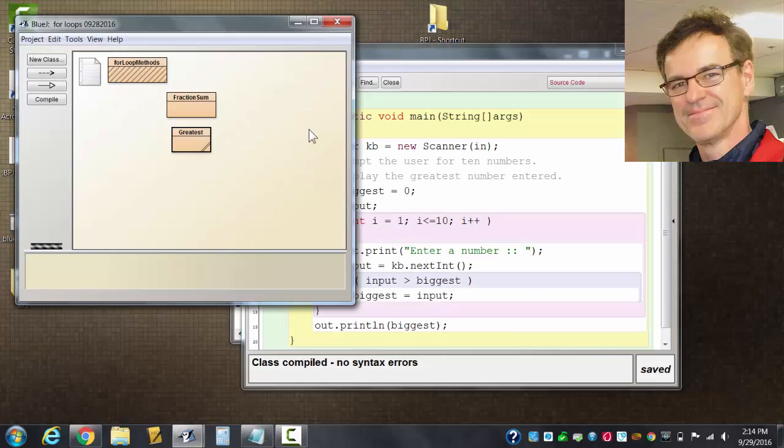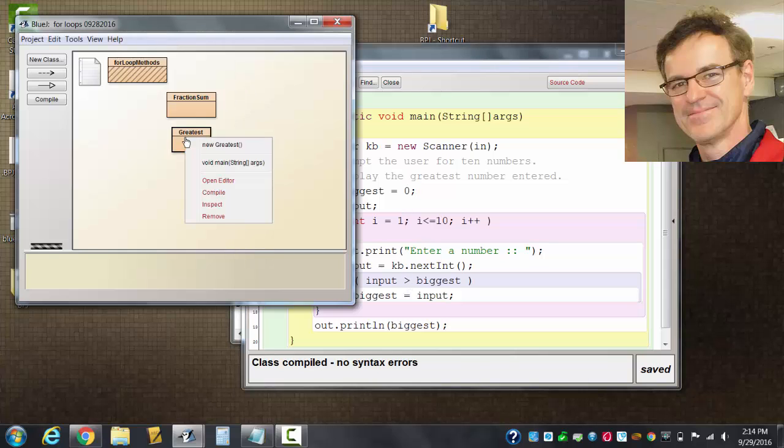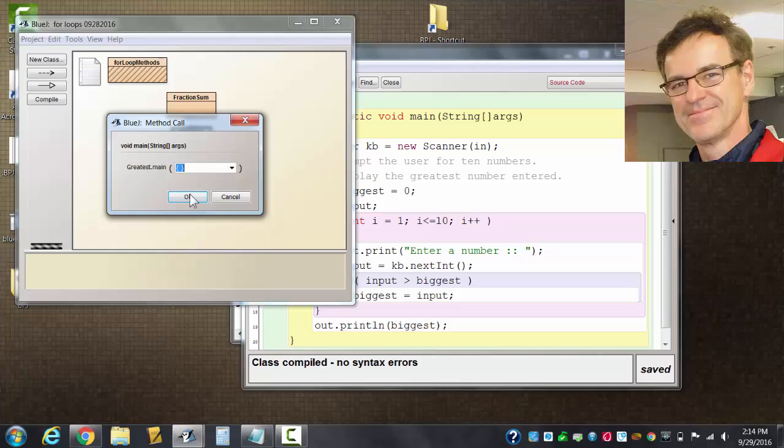Now, why did I say that initializing biggest was a little bit of an abstract concept? Well, the user could enter anything that fits into an int variable. She could enter all negative numbers. Of course, if she enters all negative numbers, what's going to happen? Well, none of those negatives will be bigger than 0. You see it? So if I do that,